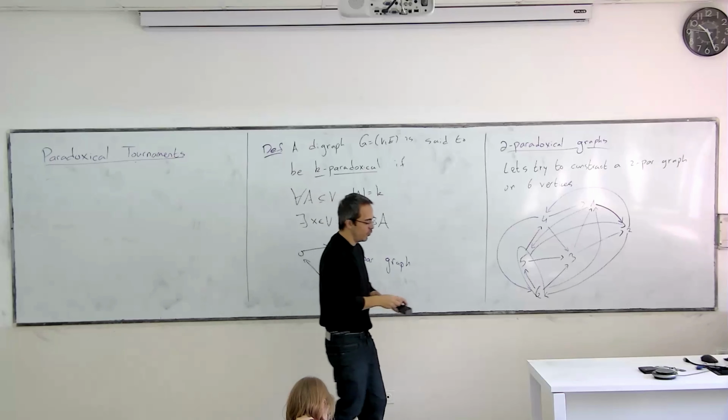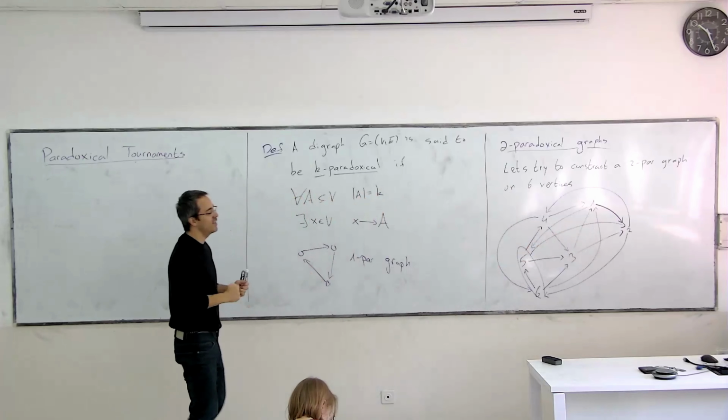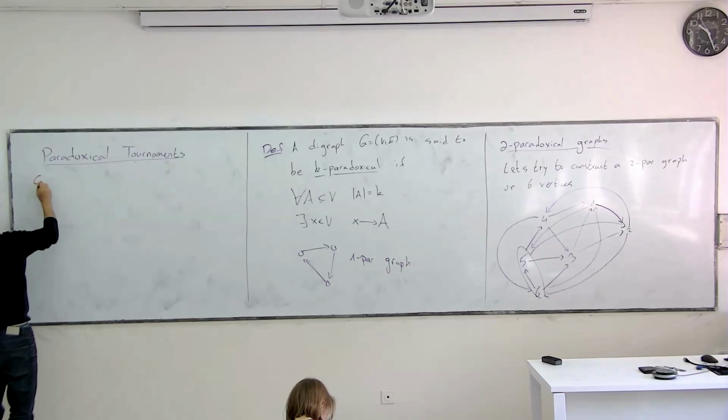The reason I'm doing this is just to make sure the definition is clear. But the reason I'm going to do 7 is because I want you to appreciate what's going to happen next. So the construction on 7 rows. It's 2 paradoxical. Just call it 2 paradoxical. It's a very nice one. Not the construction that we do.